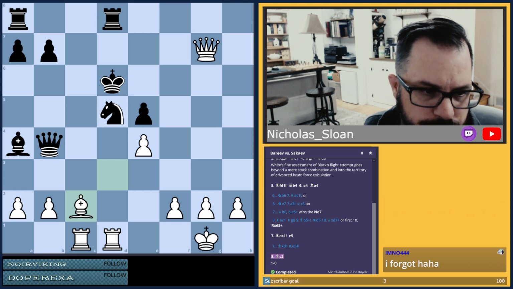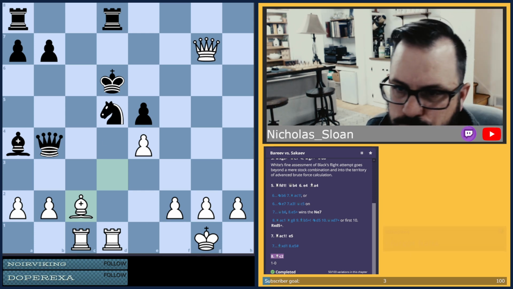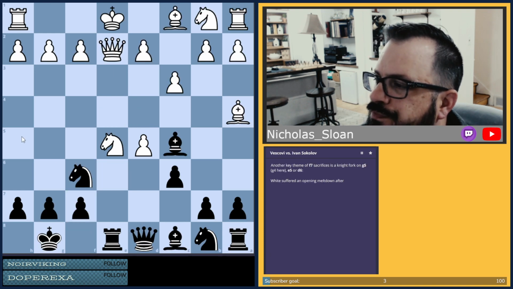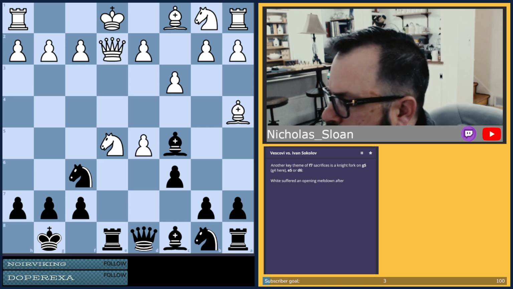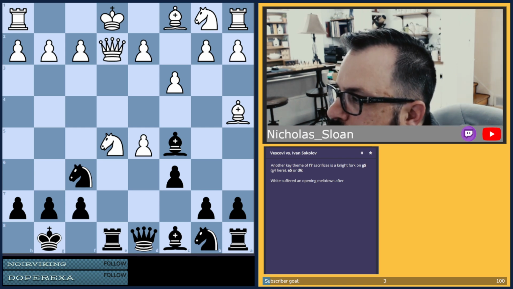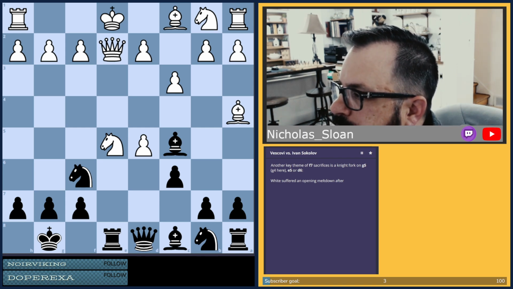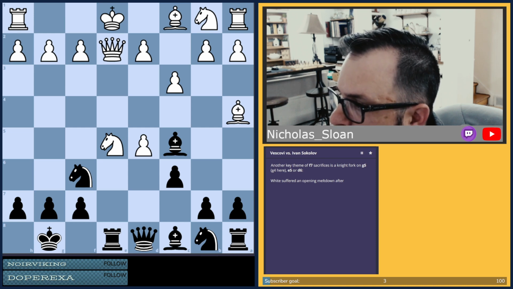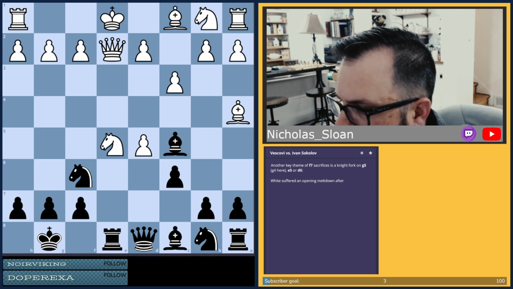All right, so we've been going for almost 2 hours. Let's do one more, and then I think we'll call it. Okay, another key theme of F7 sacrifices is a knight fork on G5. G4 here, E5 or D6. White suffered an opening meltdown after...